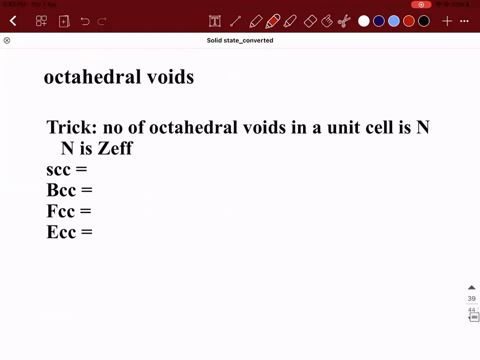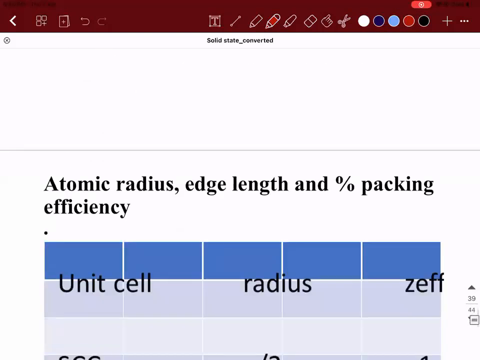This is actually quite different. Here, this tetrahedral void is formed inside the unit cell, and the body diagonal line also helps in the formation. Just for understanding, we are drawing the body diagonal. One body diagonal consists of 2 tetrahedral voids. But in octahedral voids, just listen to how it will be forming.